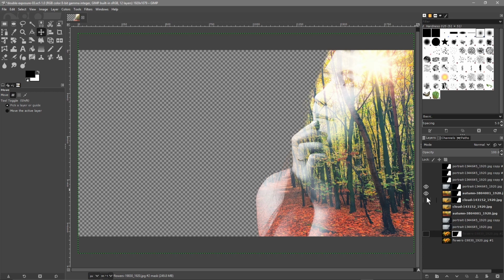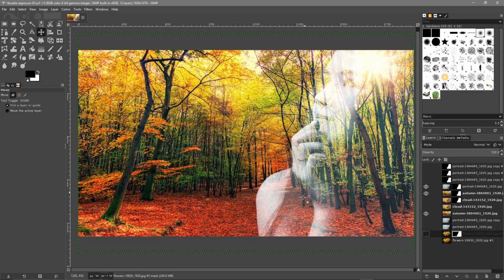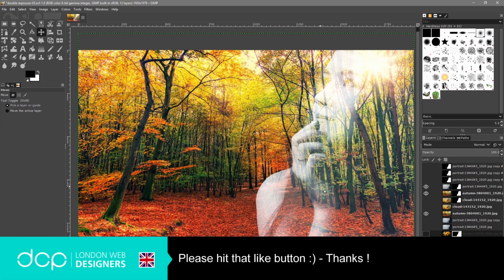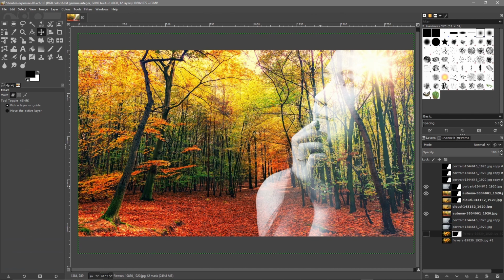So I prefer probably this one here. That's the one that I like. So you can go and experiment with that tool now, play around with it, see what works for you, and create your own double exposure images. And you can take a photograph of yourself and do this, right? It doesn't have to be a photograph you download. Just take a photograph, try and get it on a clean background, so it's something like on a wall where it's just white on the wall, or a plain color,